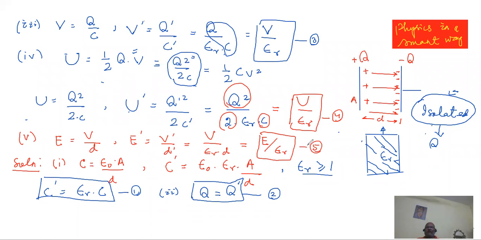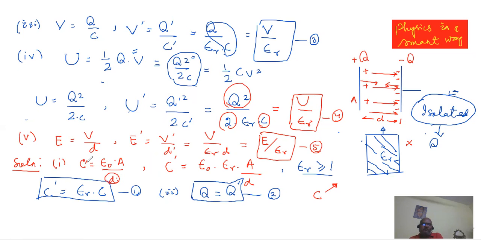And the question has several variations. We have taken the question in a way that the capacitor is there, and without disturbing the plates, we simply introduce a dielectric. As a result of dielectric insertion, we know capacitance increases. The same thing you could have done, without using the dielectric, by decreasing the spacing between the plates. We know capacitance depends inversely on the distance between the plates, so if you decrease it, capacitance increases. The same effect will be seen.